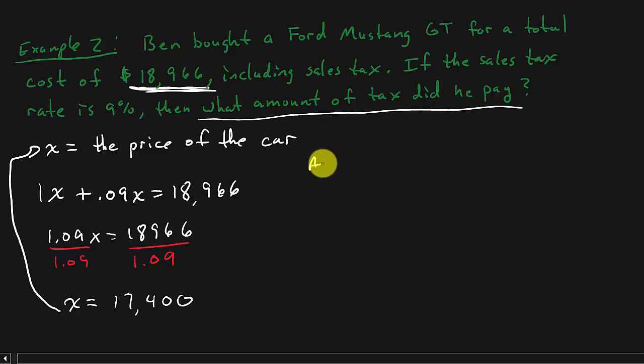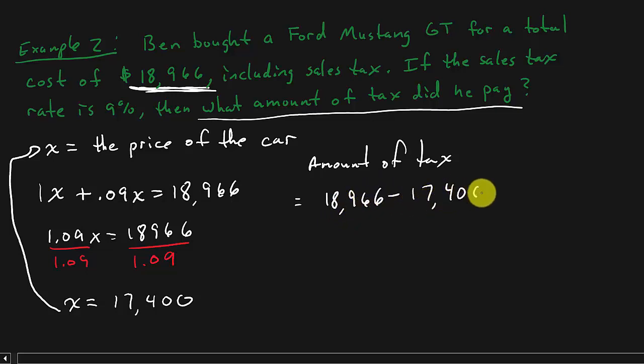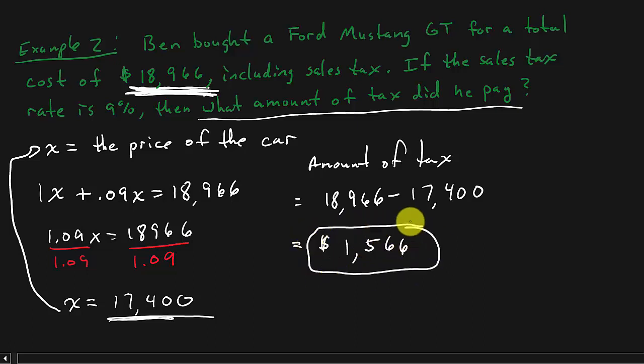So the amount of tax is equal to the 18,966 minus the 17,400. It's the total price you paid minus the actual price of the car, and that's going to leave you with $1,566 is what you paid in taxes. All right,